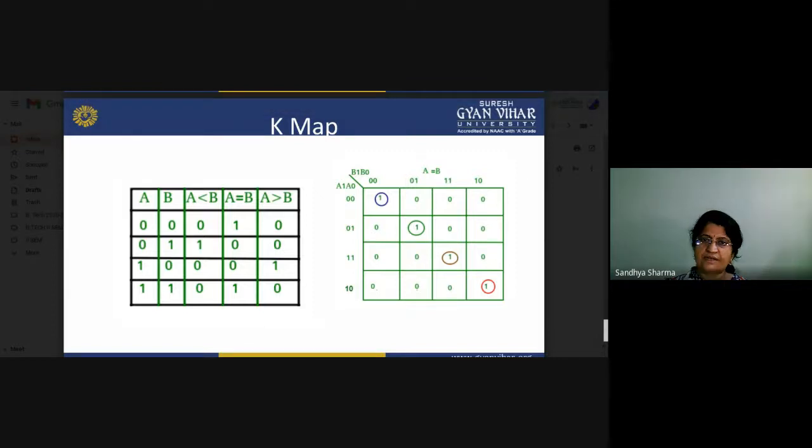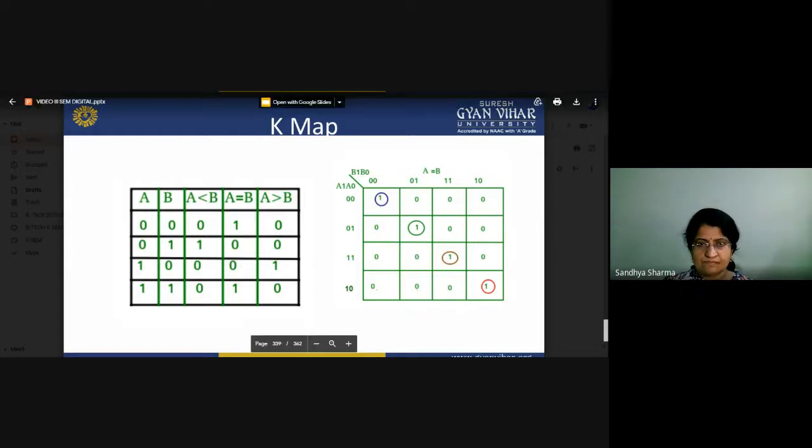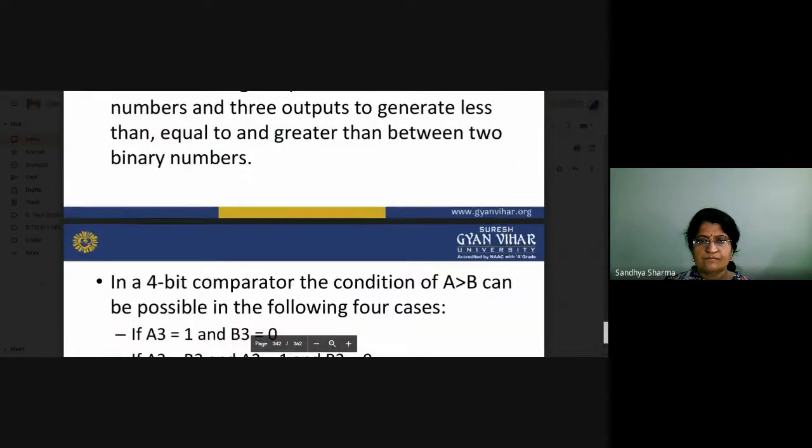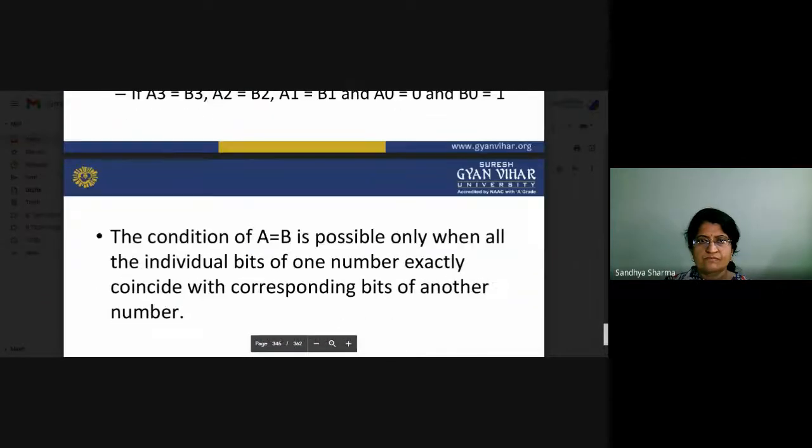That is the basic condition applied for our K-map. You can also design a comparator for comparing our signals. So now we will see the BCD adder.